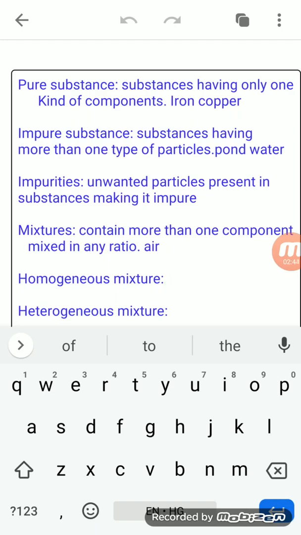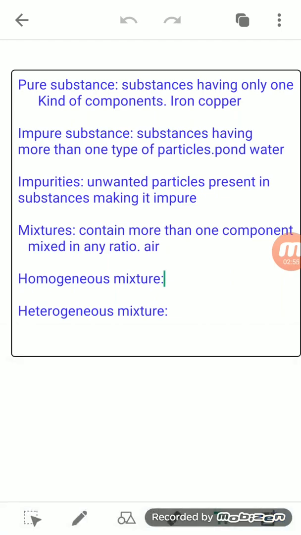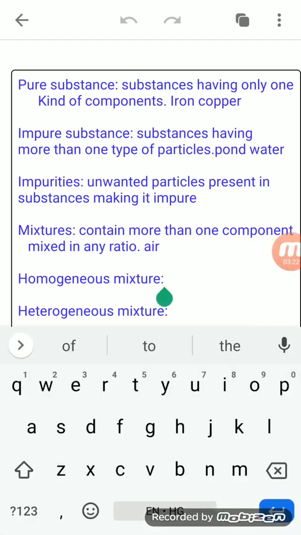Okay, so this kind of mixture, where the particles of the substances present cannot be seen, is known as a homogeneous mixture. We can say air is also one. By looking at the air, you are not able to distinguish the different gases, that yes, oxygen is present here or nitrogen is present here. No, you cannot distinguish it. When you look around, you see that air is present, but you cannot tell what kind of gases are present in that air. So we can write it like the homogeneous mixture.